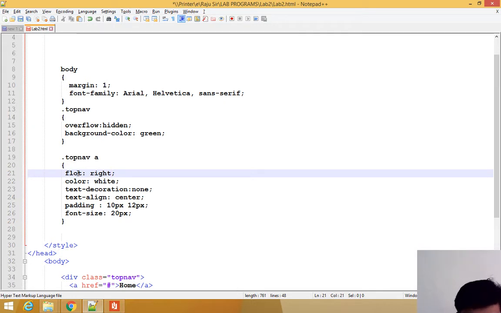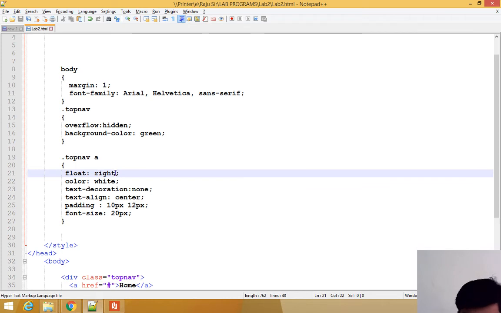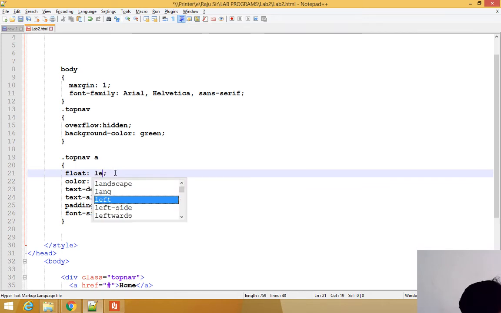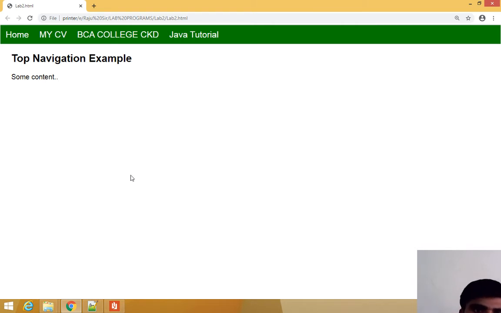Sorry, here you write float, then save, then see, like this. This is called float right. The menu icons or menu buttons start from the right side of your browser. If you want to start from the left side, you just write left. So that is called float left.